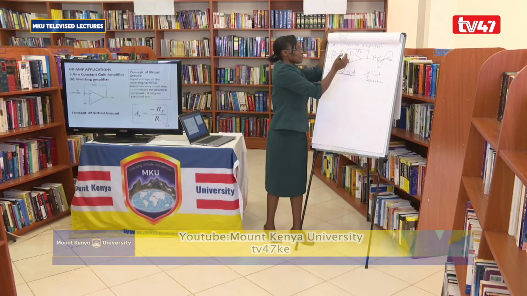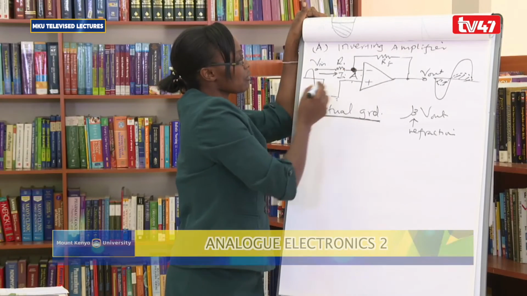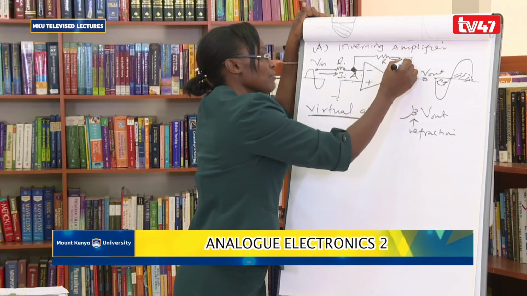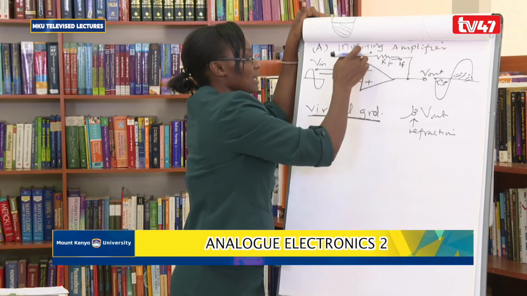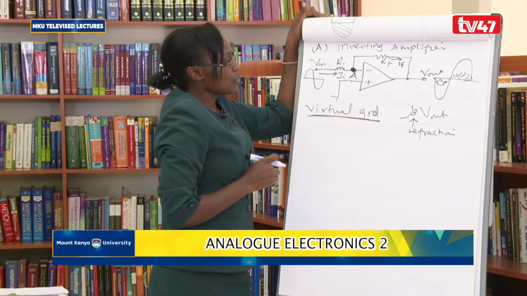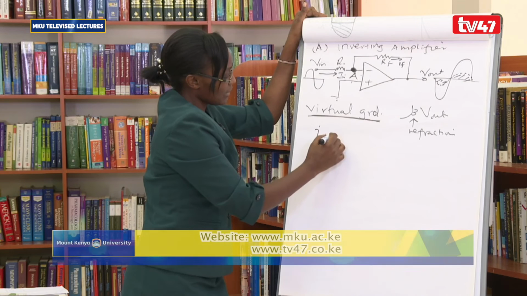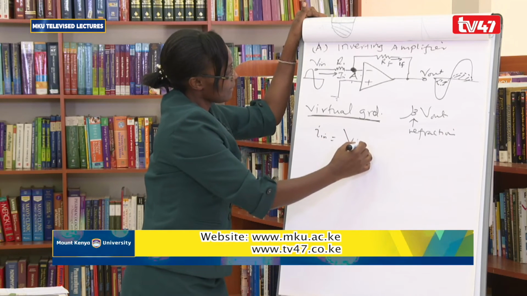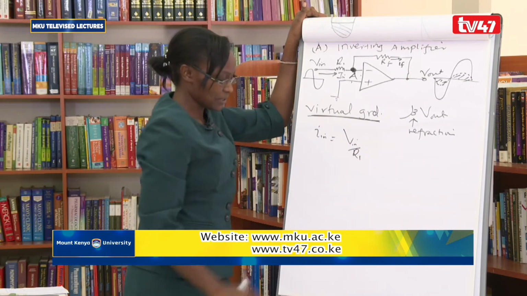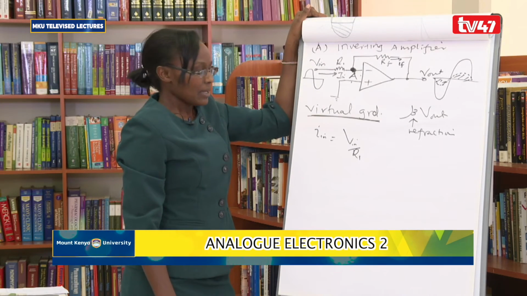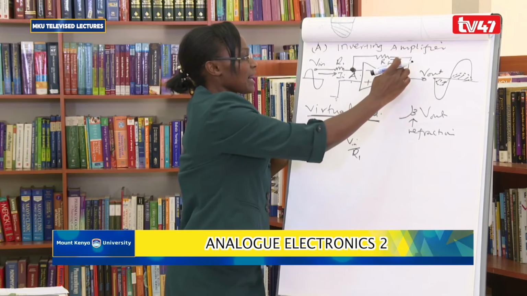And because this is a virtual ground, we also expect a current to flow here. We can call it IF on this particular branch, so that we have our I in is equal to V in over R1. That will be our current. The current IF